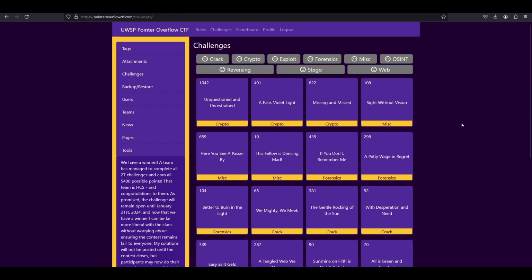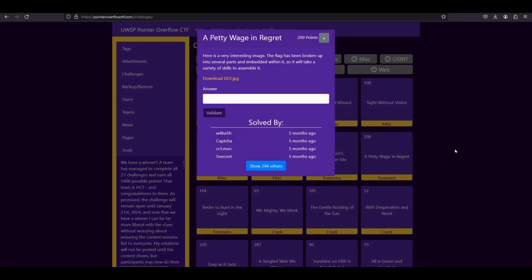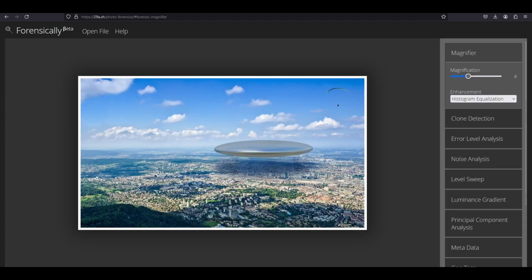Our forensics 200 challenge was solved by 298 of our participants. Here's a very interesting image. The flag has been broken up into several parts and embedded within it, so it will take a variety of skills to assemble it. For your image forensic needs, there are many tools out there, but